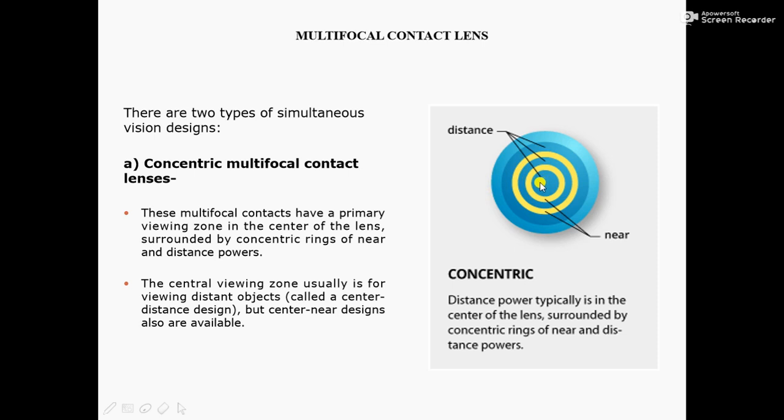So, this center part and this part and this part are for distance vision, and this yellow part is for near vision. The central viewing zone usually is for viewing distant objects, this part. But center near designs also are available.